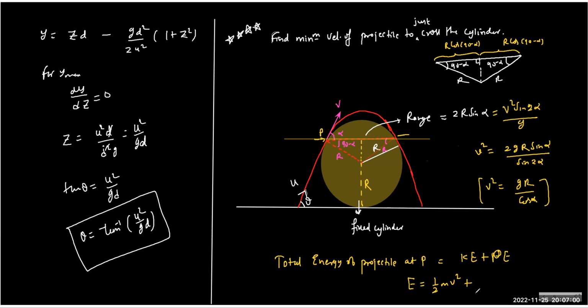Can you tell me? So R into 1 plus cos alpha. Very good. mgR(1 plus cos alpha), isn't it? Because this height is R cos alpha. And v square we can replace in terms of alpha. So total energy will be